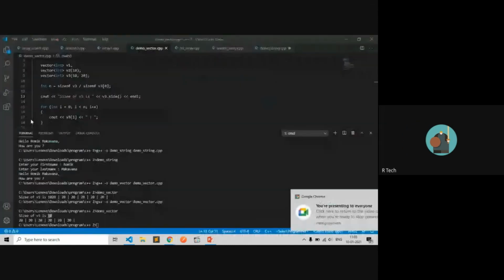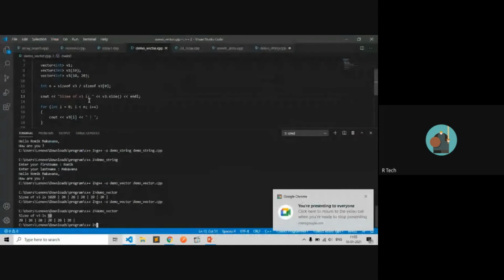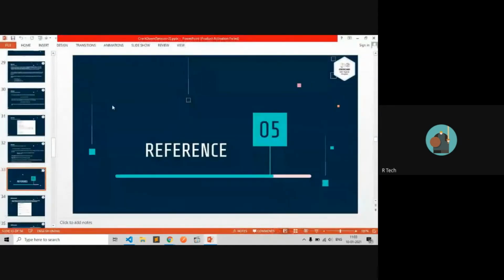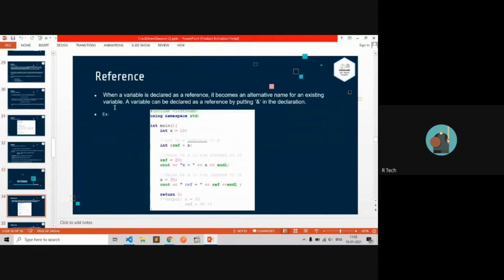So let's continue with our next concept, reference. So what is reference? In general language, reference is one kind of introducing someone or where they belong from. By whom the reference is appointed.